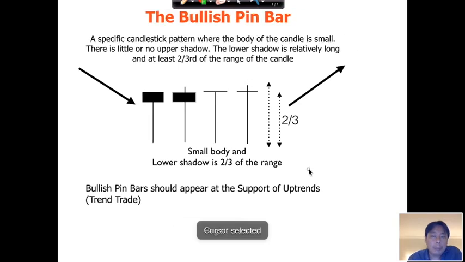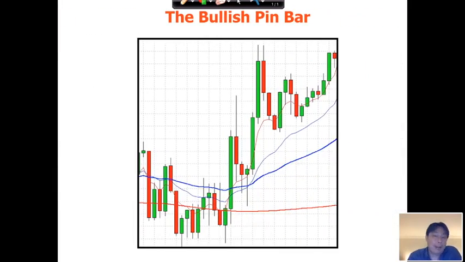Now the opposite of the bullish pin bar is, oh, before that, let's look at an example. So sorry about that. Okay, so here you go. Here's an example of a bullish pin bar appearing in the right context. It appears at the support of an uptrend. Can you spot the bullish pin bar? I'll give you a few seconds. Take a look. Find it. Have you found it? Do you see the bullish pin bar? All right, you should see it. Ready? There we go. That's your bullish pin bar.